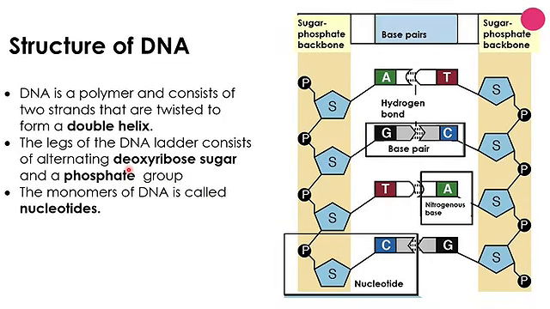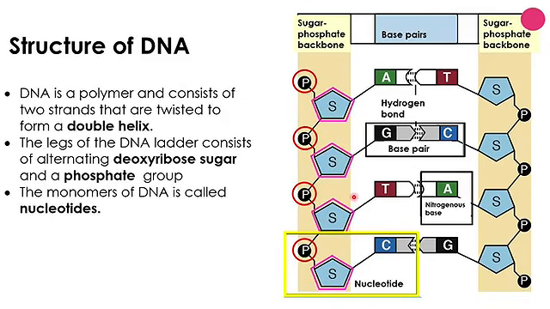Then the monomers of DNA, we refer to these monomers as nucleotides. So there, just again on the slide, we have the phosphate groups, then we have the deoxyribose sugar, and then we find our nucleotides. We'll take a little look at these nucleotides from a zoomed in perspective, but before that